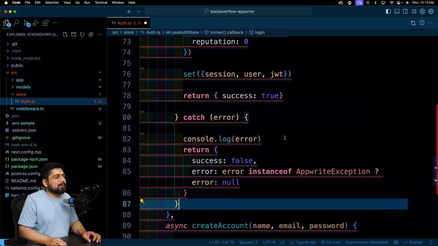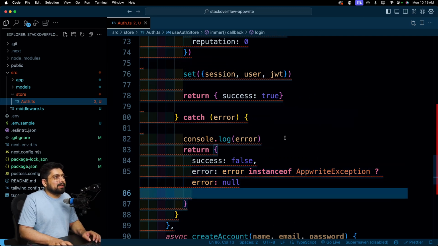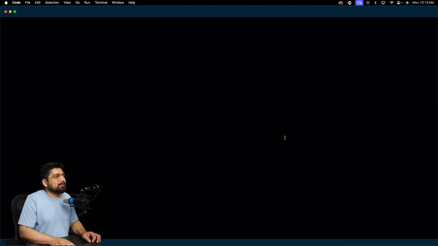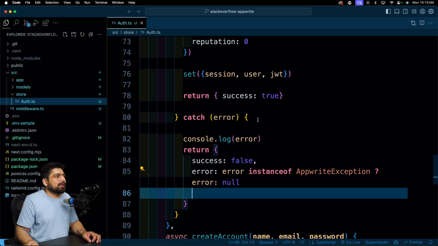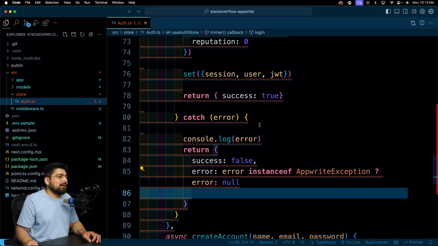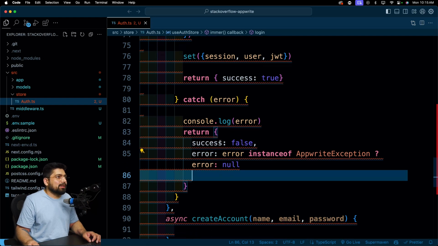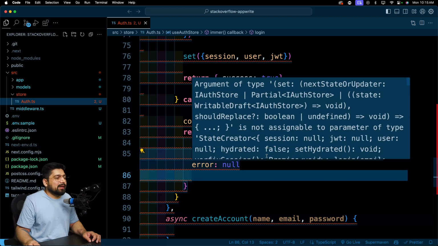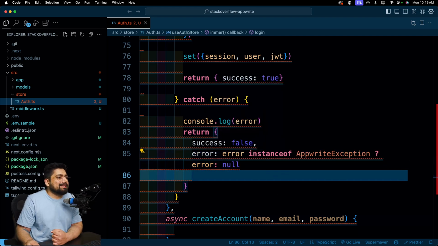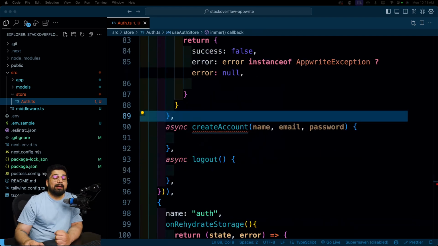And this should be it. I'm returning it now. What else do you need? All right, come on. In the case of error, we are console logging. We are returning the success false. We are returning the error. What else does it need? Perhaps my code editor is behaving a little bit odd, or probably that's a TypeScript suggestion,